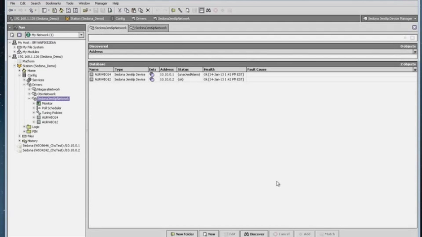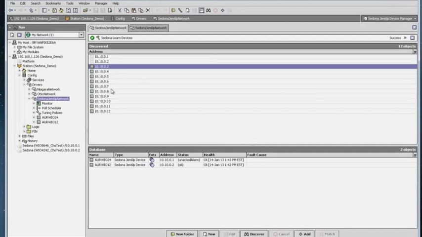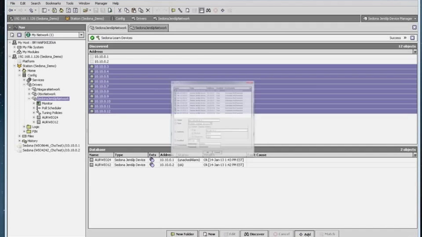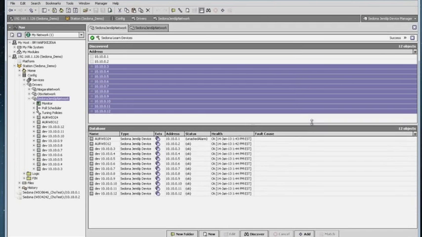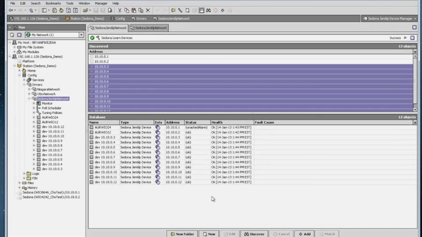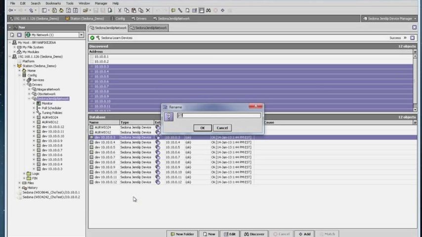So if we go back to the Sedona network, let's go ahead and discover the new devices. So that quick, devices 3 through 12 have joined the network. We simply add them, hit OK. And at this point, we'd go through the service pin feature again if we needed to identify. In this case, for time's sake, we're going to assume we've done that, rename, and this is where you can start